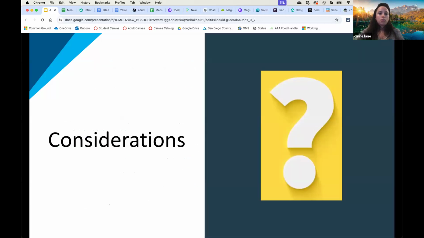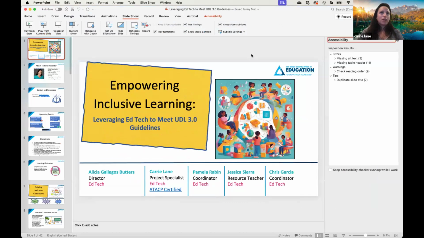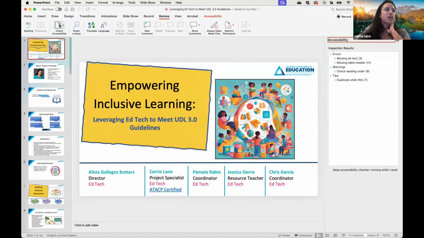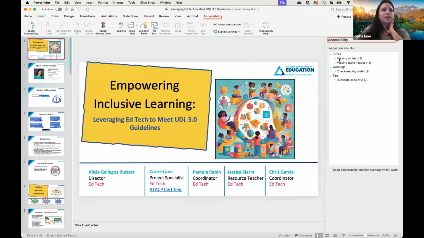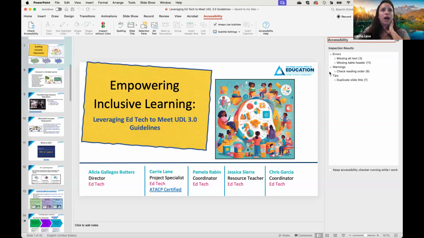And so with that, before we move into the considerations, I am just going to pull over, as I mentioned, PowerPoint, or any of the 365 apps, have really great accessibility checkers. You can go to Review and then Check Accessibility. It will look through your entire PowerPoint or your Word document, whatever you have, and tell you all the things you need to improve.